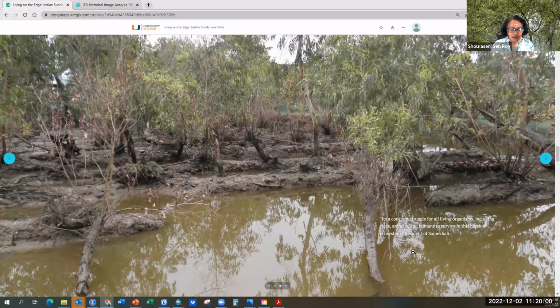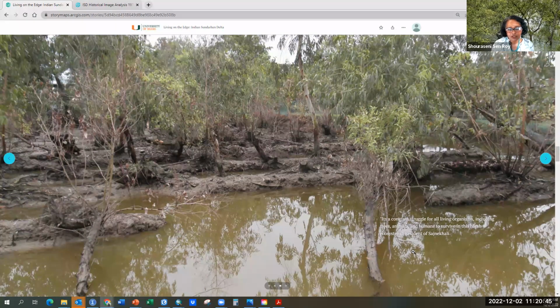And here you can see the mangrove trees, which are underwater, barely trying to survive, trying to hold on to some amount of soil. But also with increasing human pressure from the local residents, there's a lot of deforestation. For a long time, a lot of the residents would go into these forests to collect honey. Some of the best quality honey in India comes from here, so they were called the honey collectors. They would go into these forests to collect honey and sometimes timber. Now timber is banned. Nobody can legally collect timber.